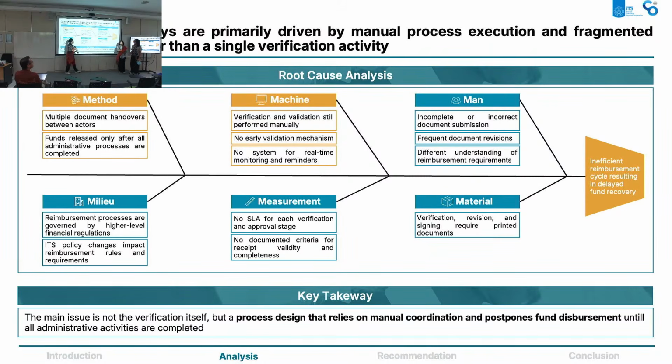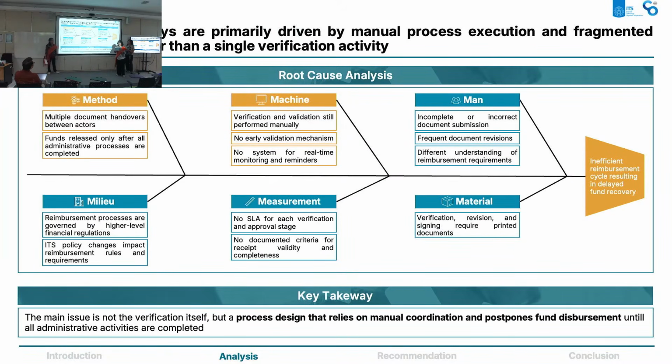To understand what's really driving these delays, we ran a root cause analysis using a fishbone diagram with 6 categories: man, material, machine, measurement, milieu, and method. And what we found was the problem wasn't the people, it was the system. From the method side,